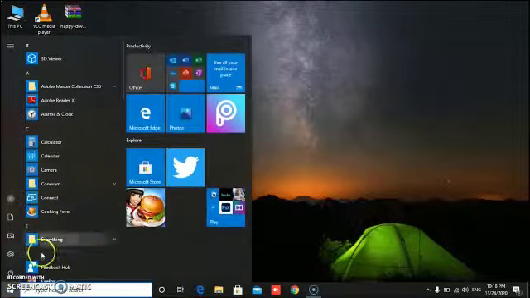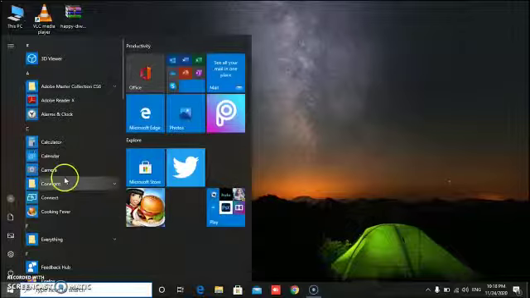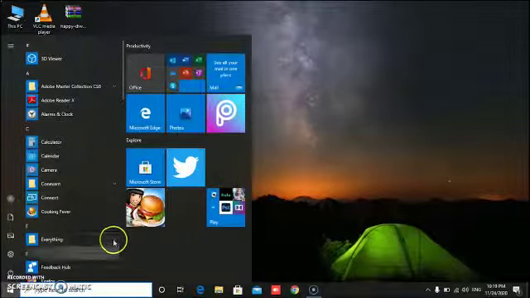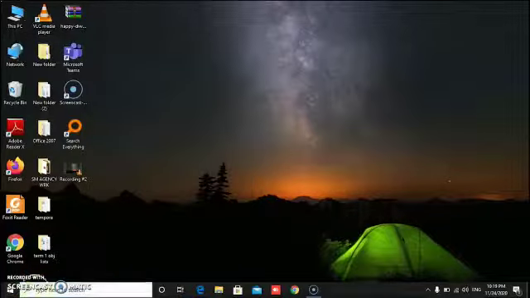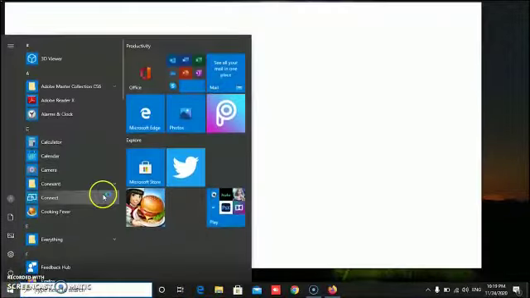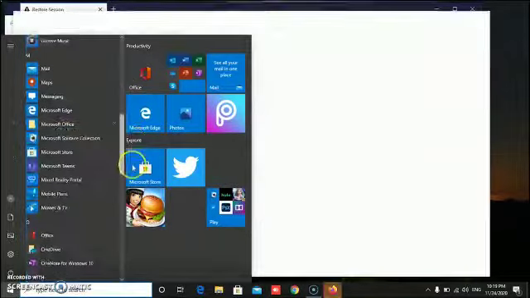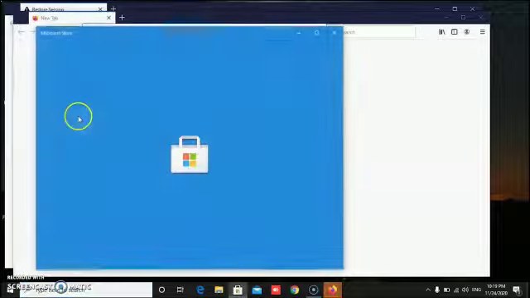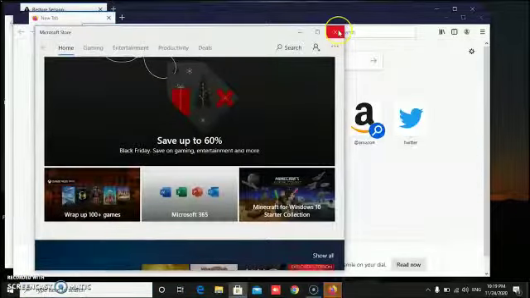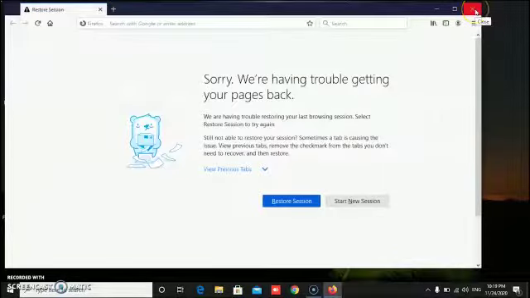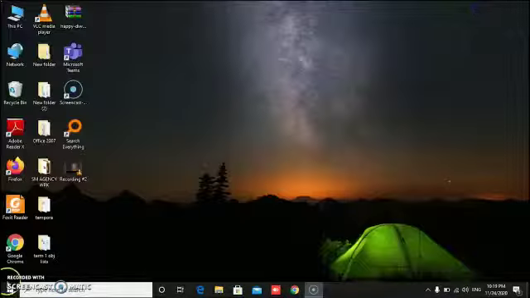Then go to the start menu. This is your start menu. This is your start button. So this is the menu inside the start button. Okay, now check where is Microsoft Office. You see here is the Microsoft Office. By mistake another option has been selected, close it.